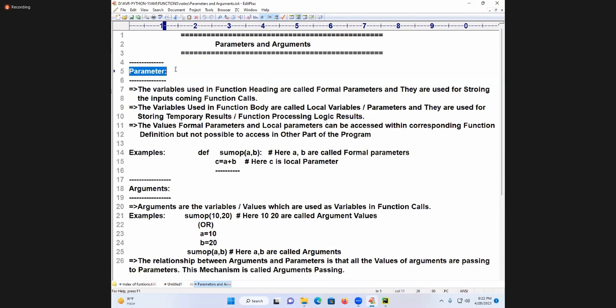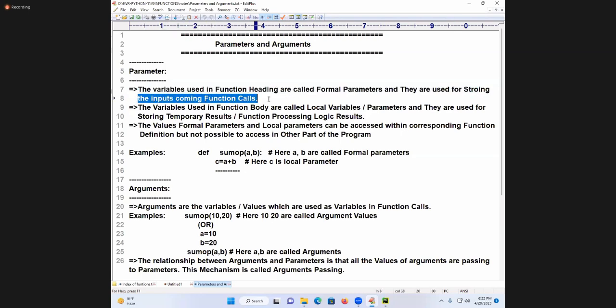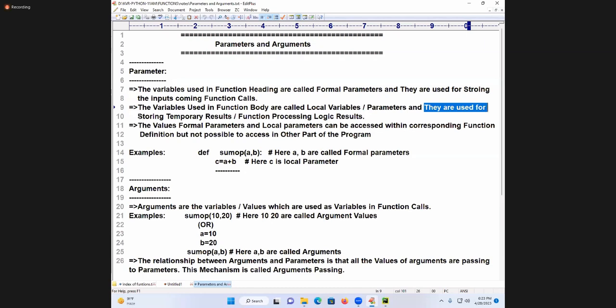Parameters: the variables used in function heading are called formal parameters, and they are used for storing the inputs coming from function calls. The variables used in function body are called local variables, and they are used for storing temporary results or function processing results.